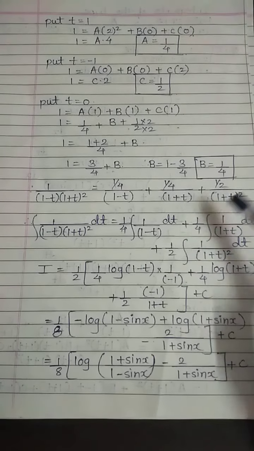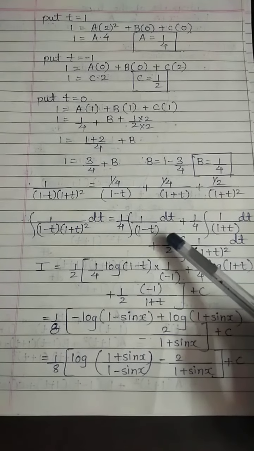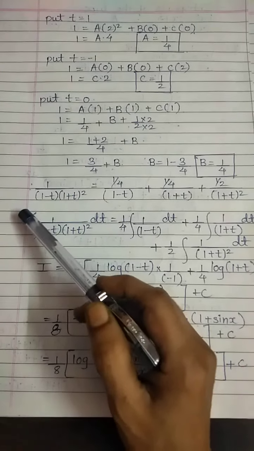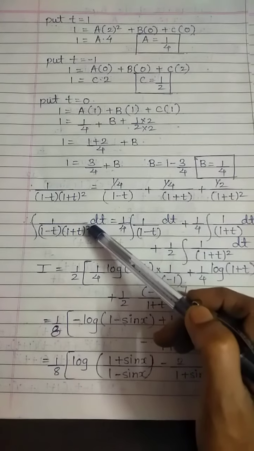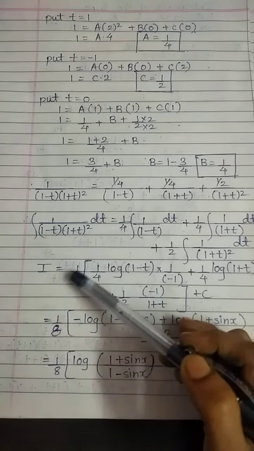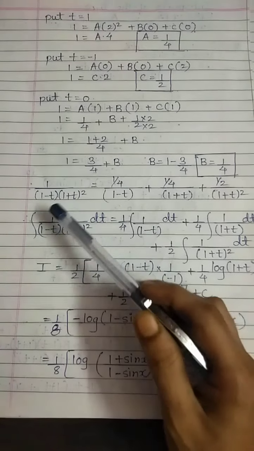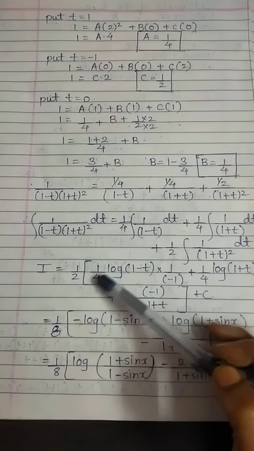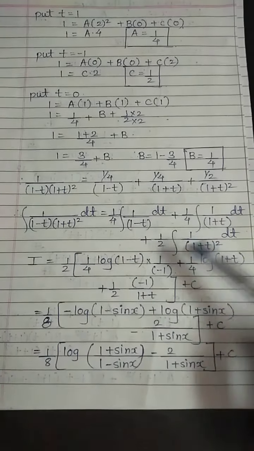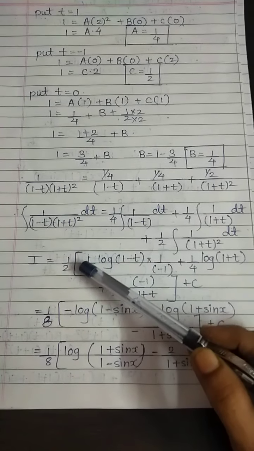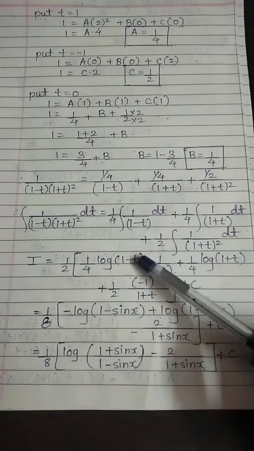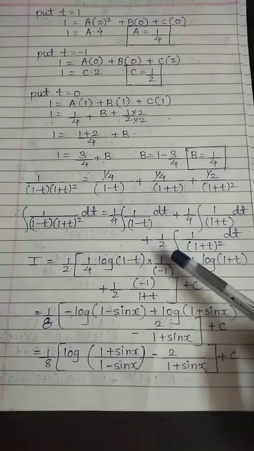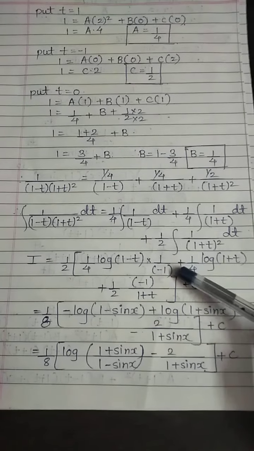here also 1 by 4 outside the integration sign, and for the third term 1 by 2 outside the integration sign. But we want the integration for 1 by 2 into integral. So multiplying by 1 by 2 to both sides, this will be I is equal to 1 by 2 we will write outside, and now integration of all these terms will be 1 by 4 into log of 1 minus t into coefficient of t, that is minus 1, that we will write in the denominator,